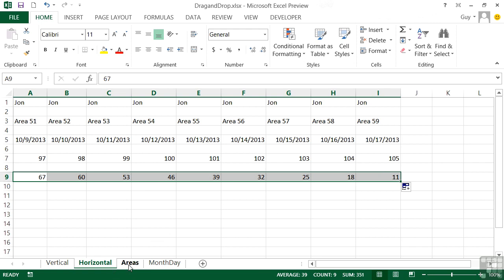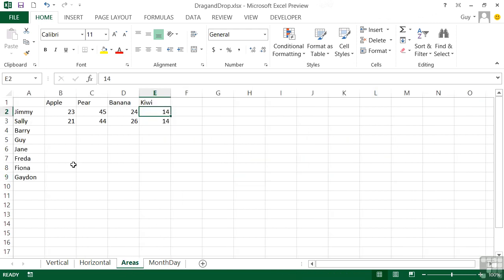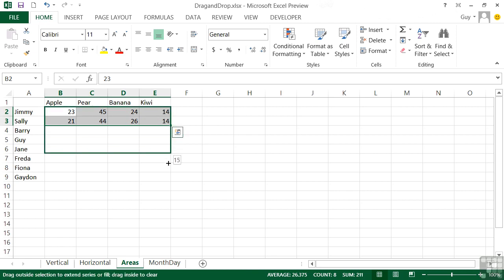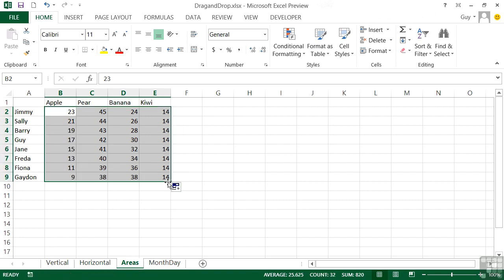Taking that cleverness a little step further, we can do areas. So we have here a little sample file. We've got 2 rows of information, apple, pear, banana and kiwi. And we've given the values for Jimmy and Sally's sales. Now if I highlight all 8 of those cells and then drag downwards, what you'll see that it does